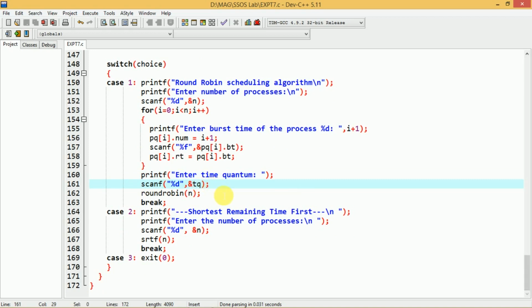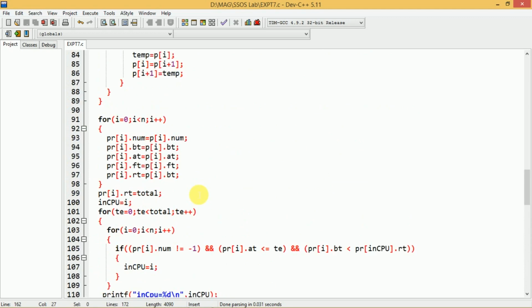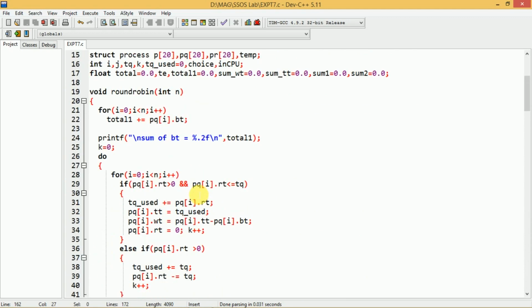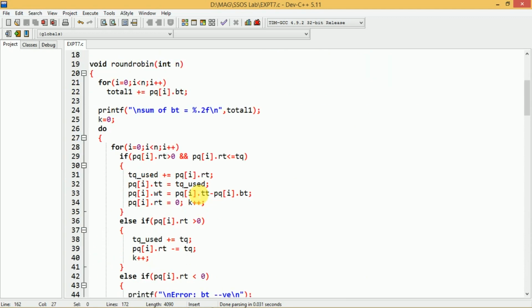We read the time quantum value, and once we have these two things, the burst times of all the processes and the time quantum, we can call this round robin function. When you call round robin, you pass the number of processes as an argument.